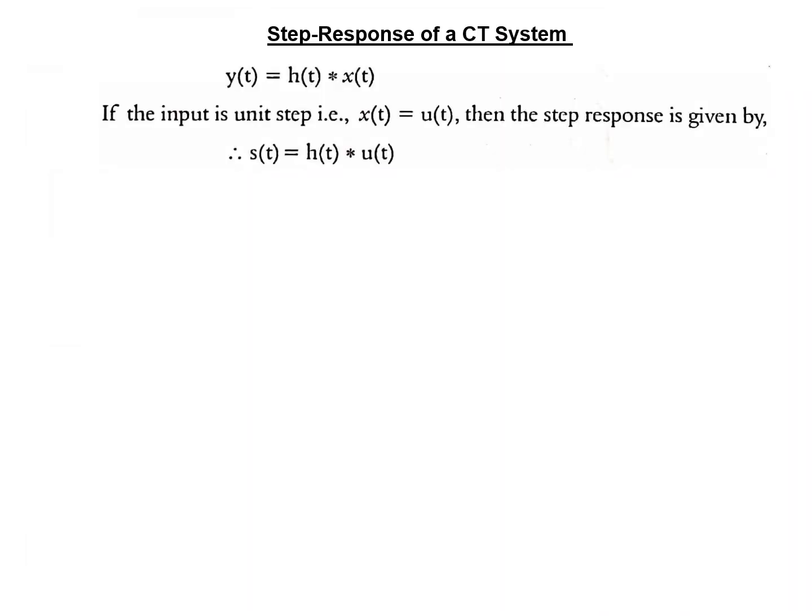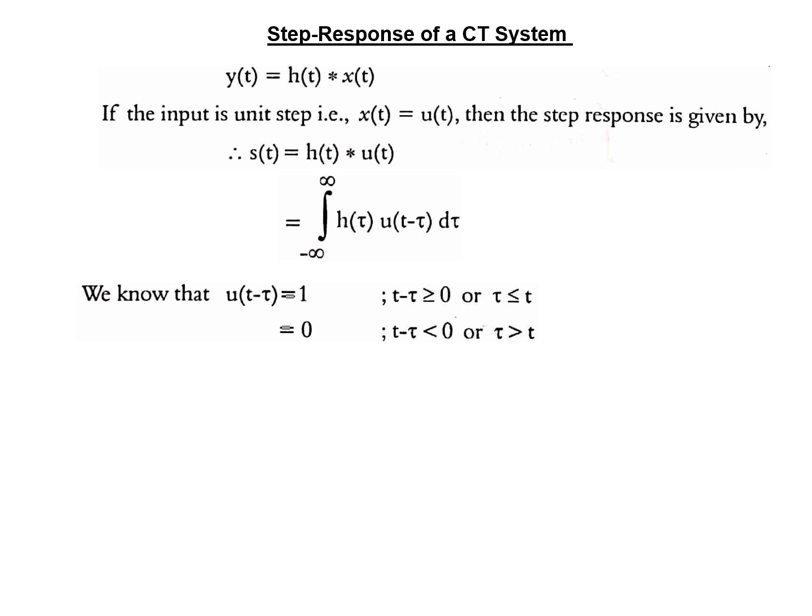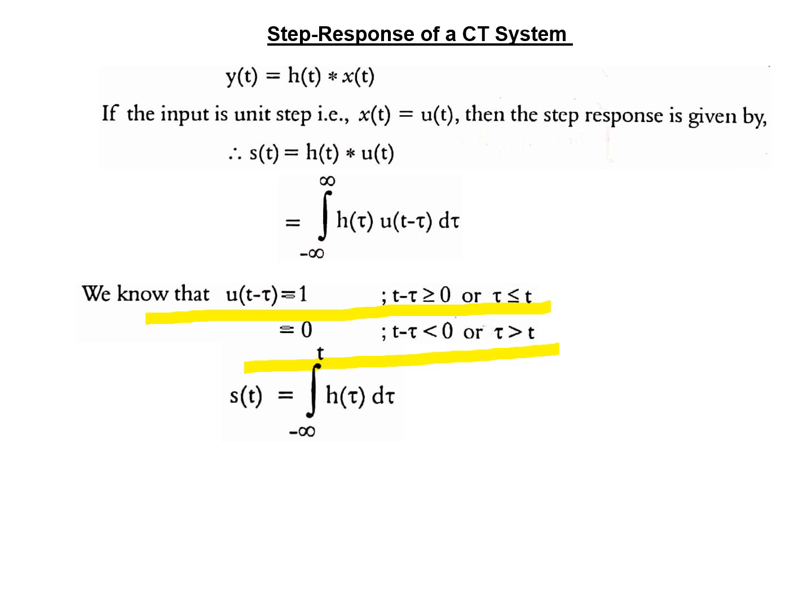For a continuous time system, I am giving it the same way; it is self-explanatory. Please go through this sentence. In the place of summation, there is integration. The same definition holds good here as I did for the discrete system, and the same definition for the step signal. Then I change the limits. For tau greater than t, u of t minus tau is 0, no? Therefore, I am integrating only up to t.